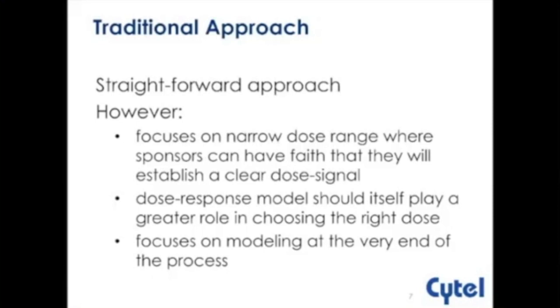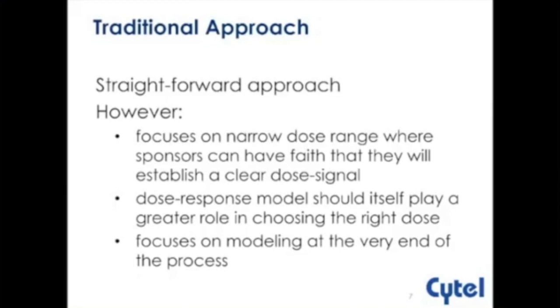However, with the current approach, the dose response modeling comes in at the very end of the process, and a much better approach would be to try and design the trial with possible statistical models in mind. So for that, the MCP Mod methodology has been developed and has been around for quite some time,